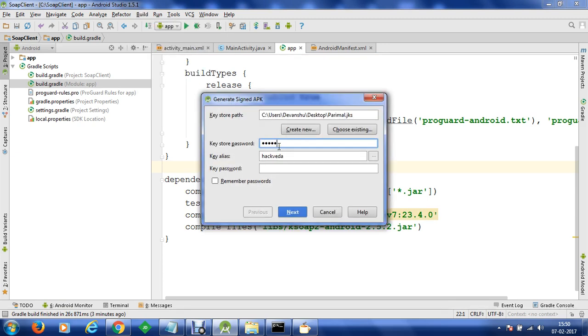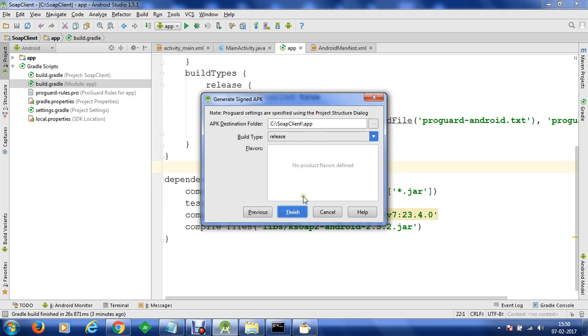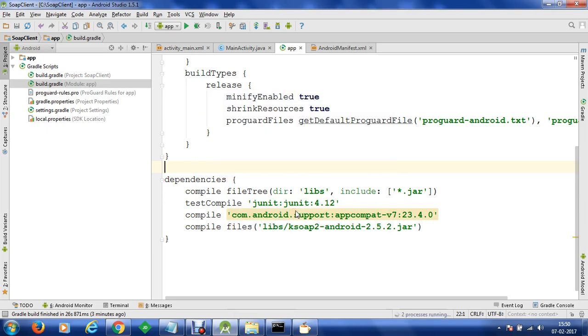Let's sign our application. Once we have signed the application, we can build it for release, and within the app directory our new application will be generated as an APK file. Then we are going to understand the differences between an obfuscated and a non-obfuscated Android application.